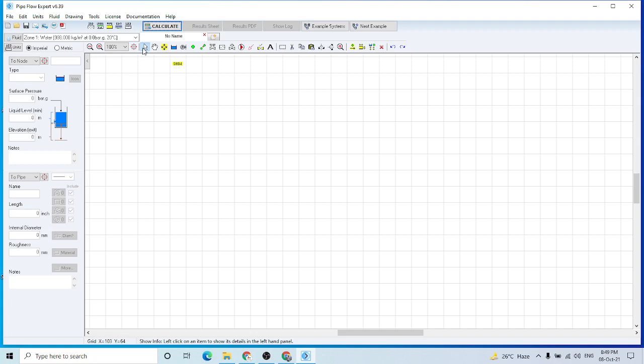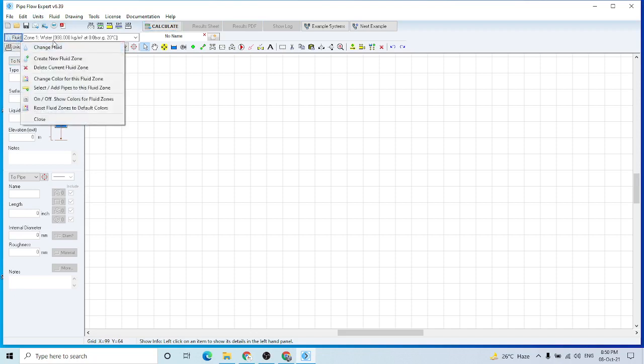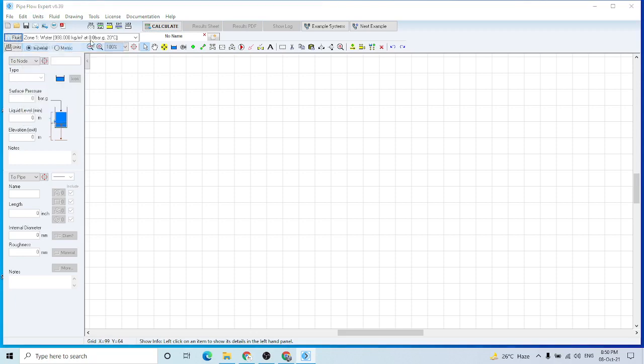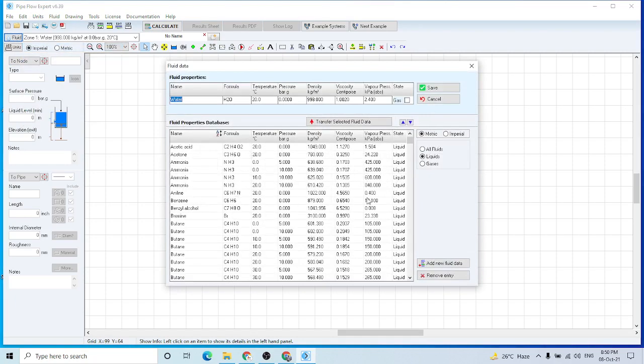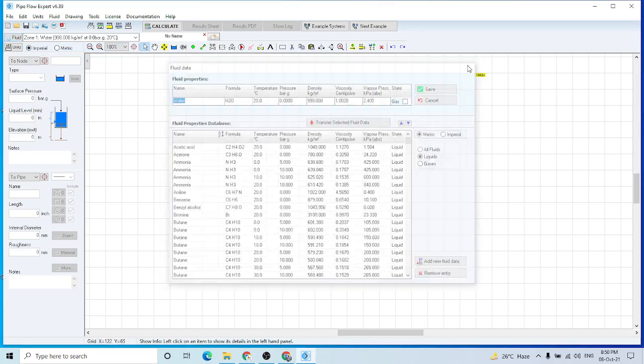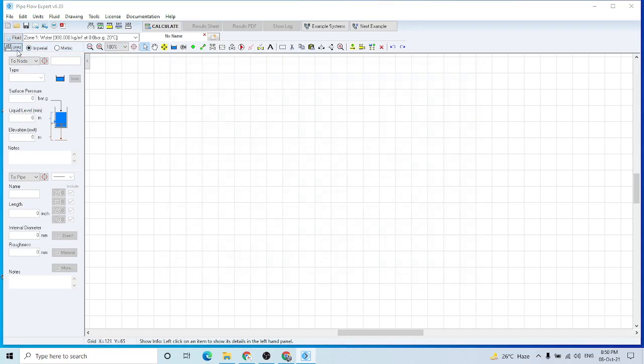In today's short tutorial, I'm going to tell you how we can calculate the pressure drop or head loss using Pipe Flow Expert. So first of all, when you start a new case, you will have to select the fluid according to your need. After selecting the fluid of your choice, you would select the units of your choice, and after that you